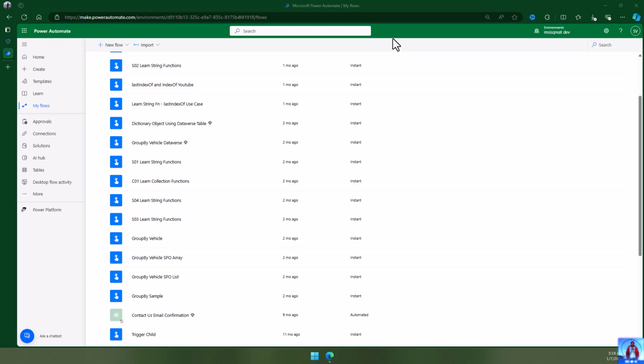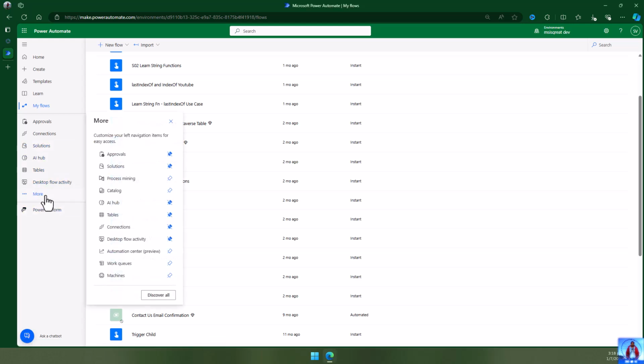When you want to create a custom connector in Power Automate, just log into make.powerautomate.com, and on the left side, by default, you will not see any of the custom connector options. You can enable it on the left side and pin it to make it easier. I'm going to show you first how to pin them. You can see here there are no custom connectors visible. Just open this,